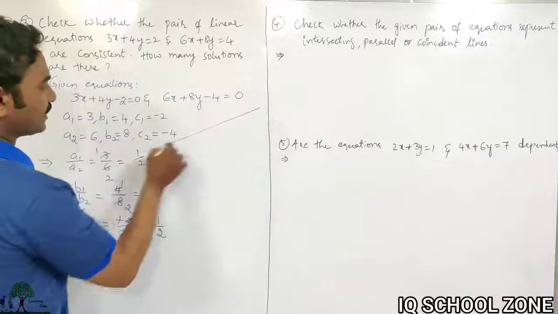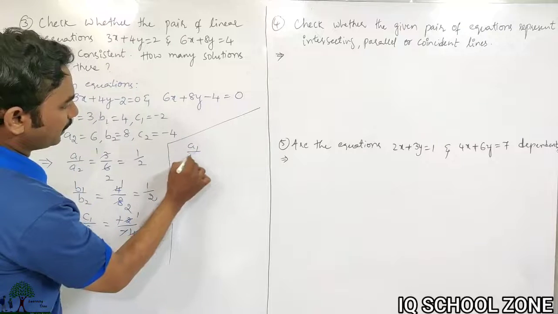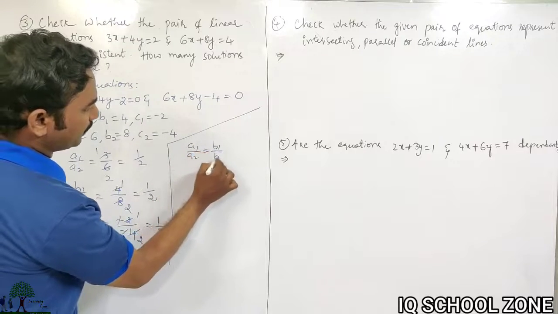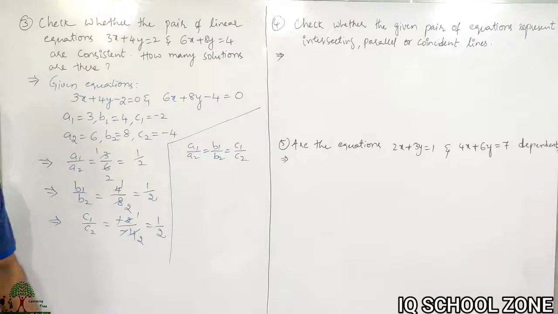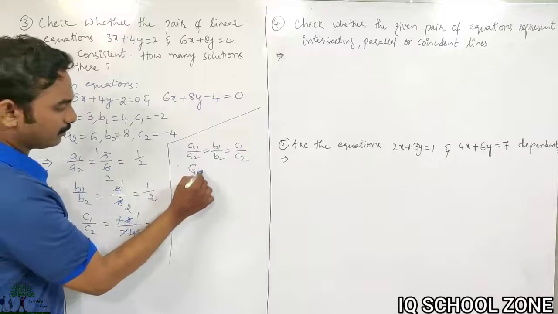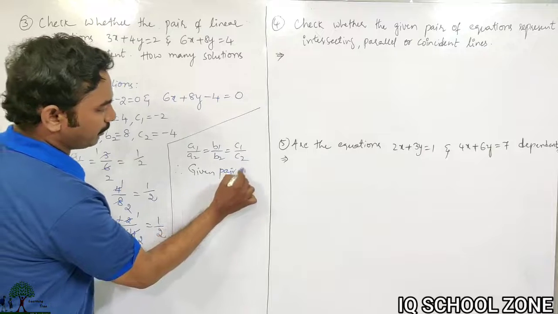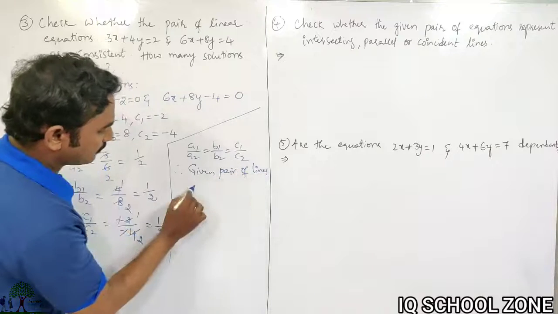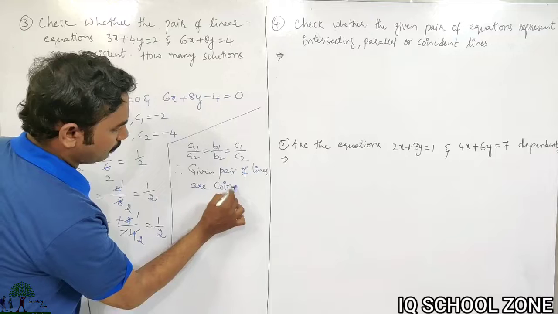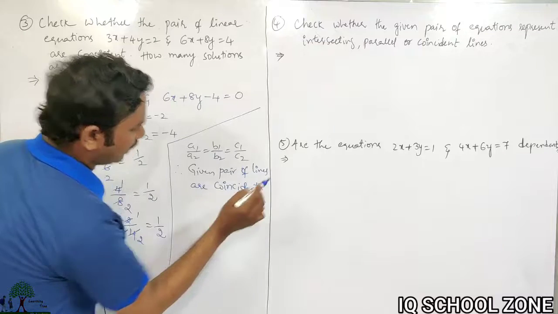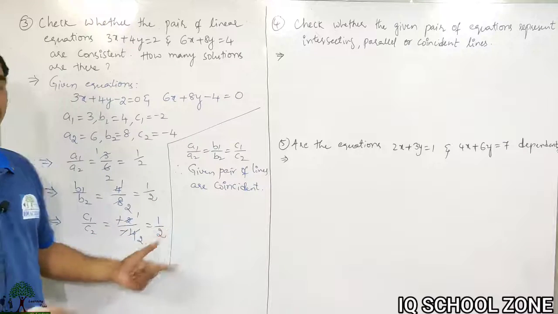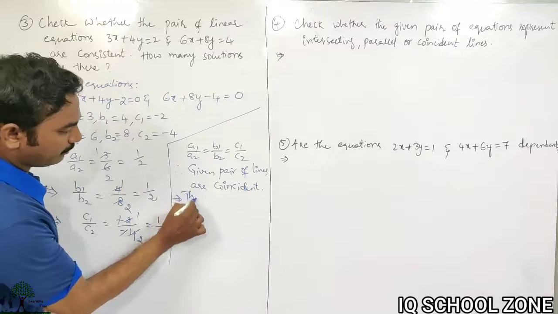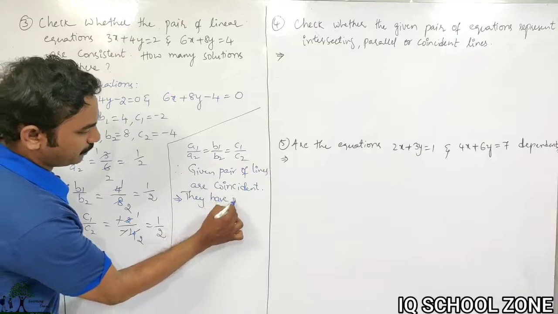So what can we say from this? a1 by a2 is equal to b1 by b2 is equal to c1 by c2. So this condition, where all are equal, is for coincident lines. Therefore, the given pair of lines are coincident. So what can we say about coincident lines? Coincident lines have infinite number of solutions. That implies they have infinite